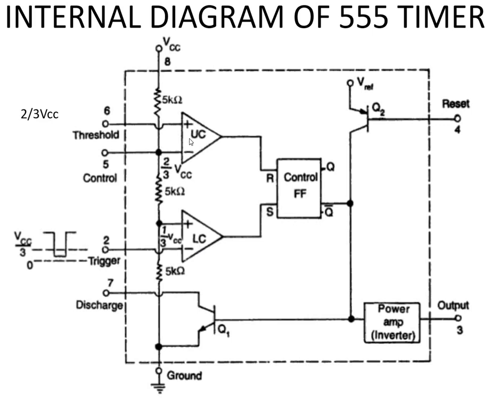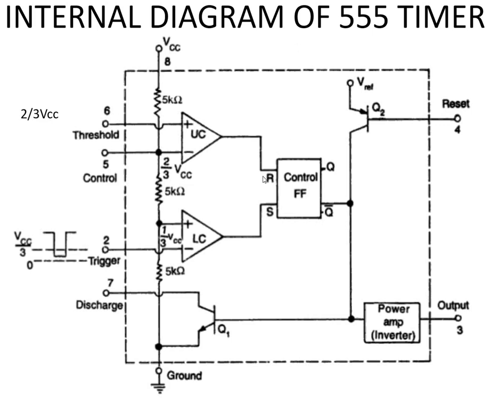The second section of the 555 timer is the comparator. Consider the negative terminal of the upper comparator. Here we are connecting the negative terminal towards 2 by 3 VCC, so the voltage at the negative terminal is 2 by 3 VCC. Consider the lower comparator, the voltage at the plus terminal is 1 by 3 VCC. We will be providing an input to pin number 2 as well as pin number 6.